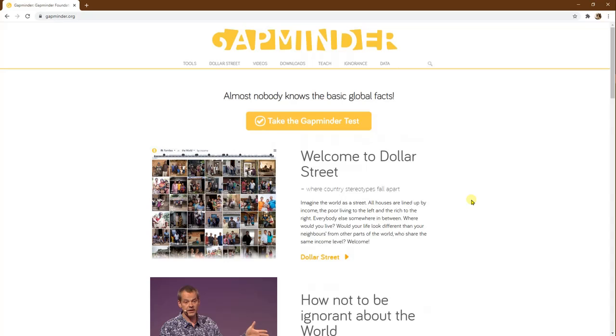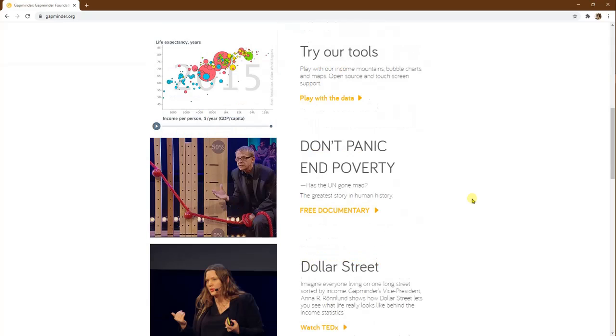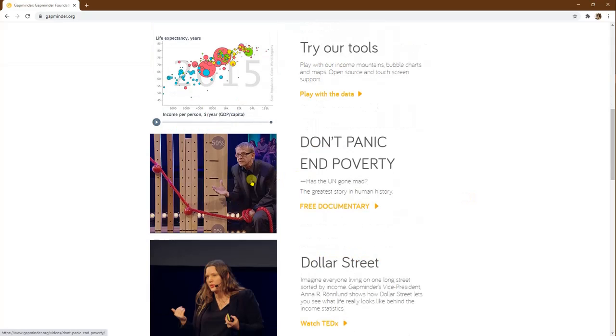Gapminder is an organization, and Hans Rosling, this gentleman here, has dramatized, you can say, the understanding of public data, such as life expectancy over the years, and income per person or GDP, etc. This kind of data over the years is shown